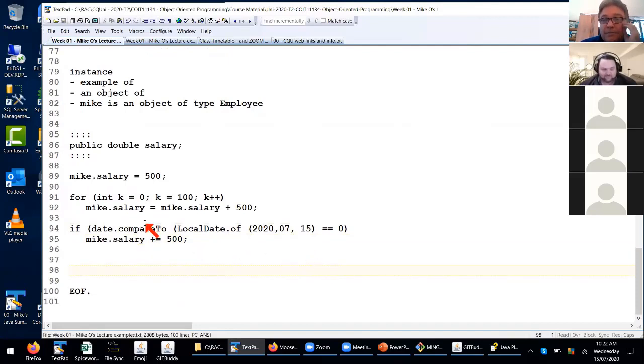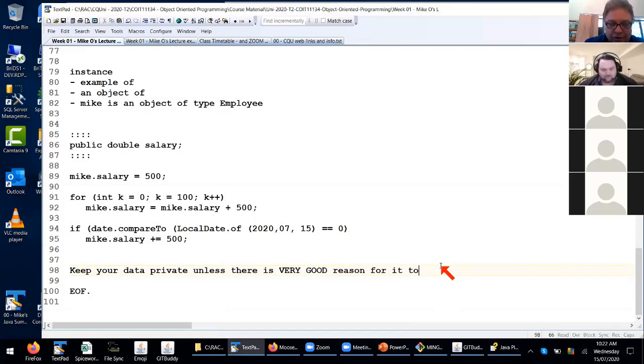Okay, so once the data is public, you can't enforce any rules. Anything, anywhere can change it. So the number one rule of thumb that we're talking about now is to keep your data private. Keep your data private, unless there is very good reason for it to be public. In everything we do in this course, data should be private. And also for your methods, because they're pretty dangerous as well, keep your methods private, unless there is